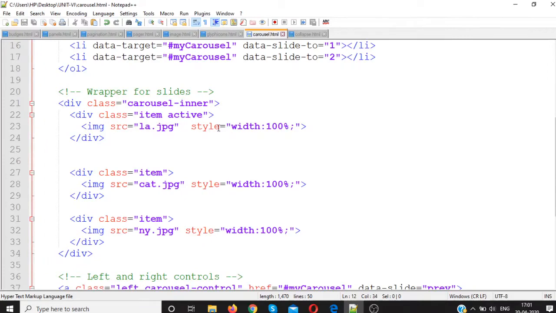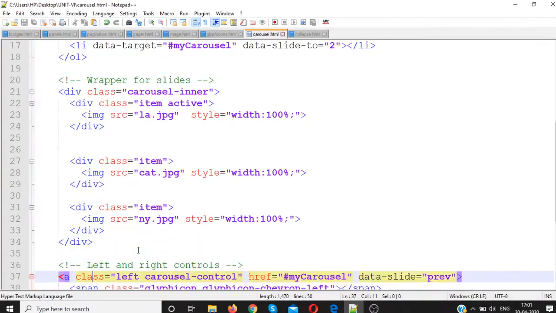The first one is our image with a style. You can give width 100%, which will occupy the complete window, or set it as per your requirement. Within the item class we have added just 3 images here.